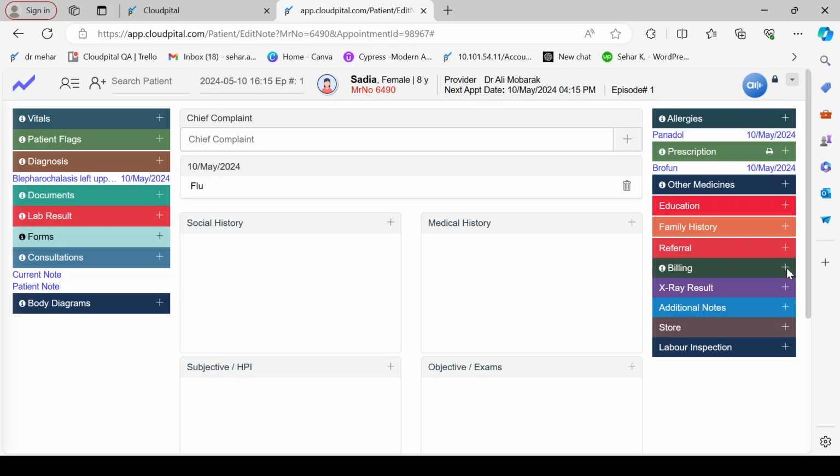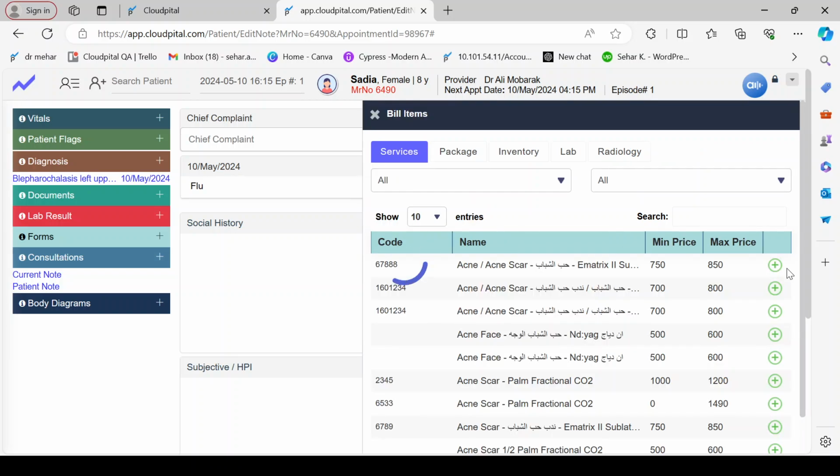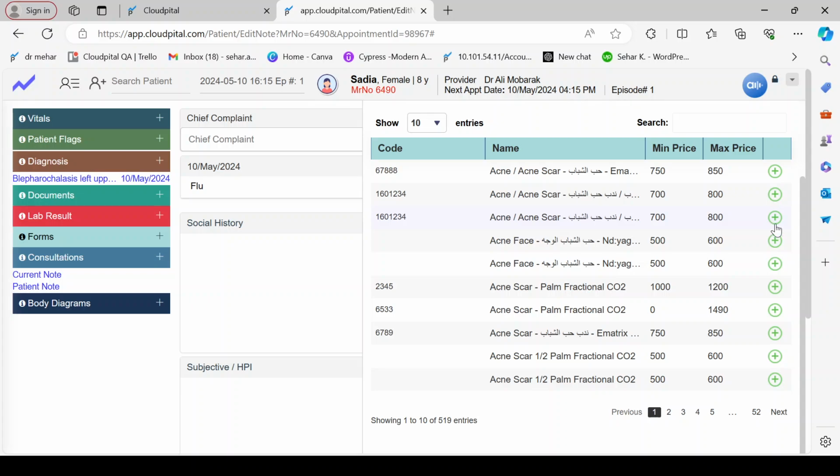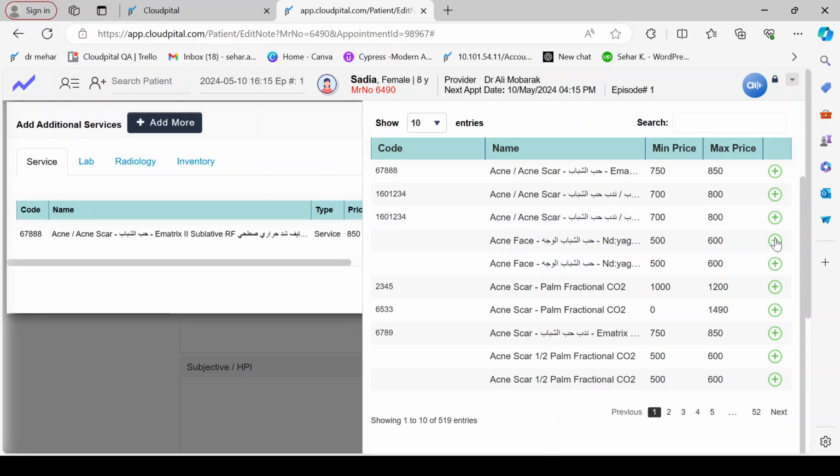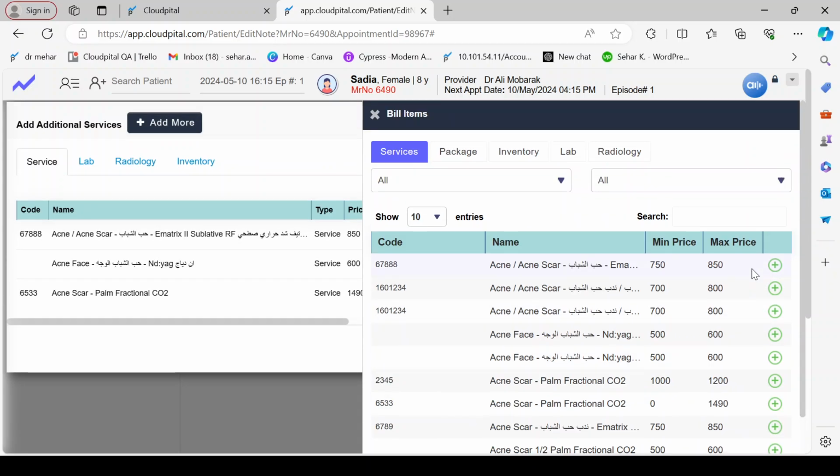After that, we have a billing screen. The billing screen is basically all the services which we have in our clinics. In this billing screen, there is a service code, service name, service minimum price, maximum price, and many other data shown there. If the patient needs this service, we can add it, like doctor services will be added from here. We can also add the package data in here. We can also add their inventory data. We can also add their lab data, and we can also add their radiology data in these screens.